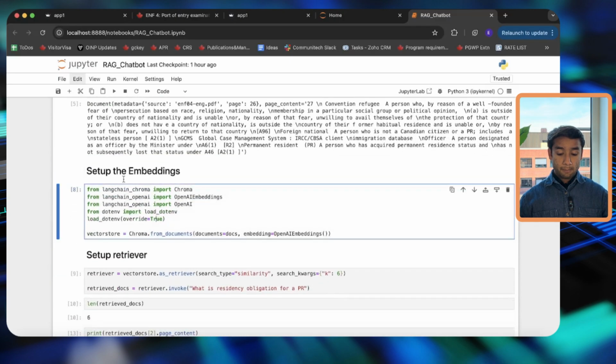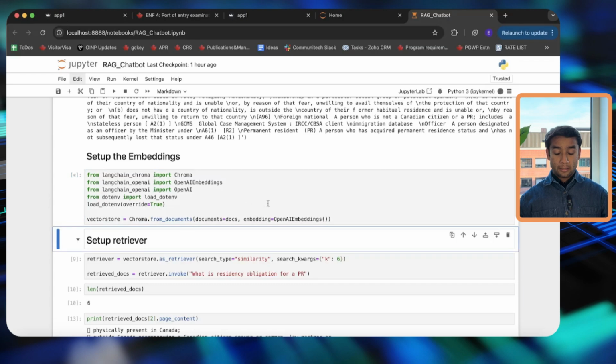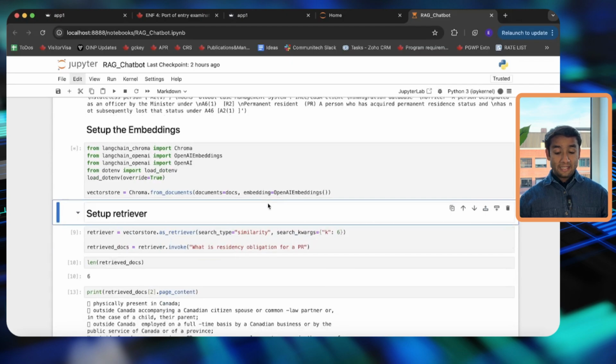Now here we set up the embeddings. We use Chroma library from LangChain, and from the documents we create these embeddings. Embeddings are essentially transforming the text into numbers. These are the numbers that can be fed into a model. So we use OpenAI embeddings, and here we are able to run the setup to get the vectors out of the data that we have. So while this is running,